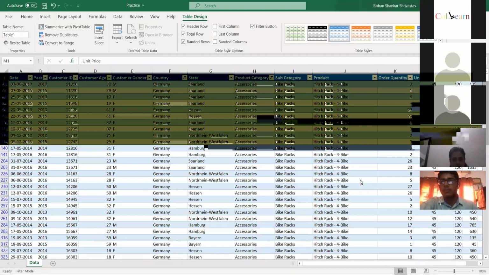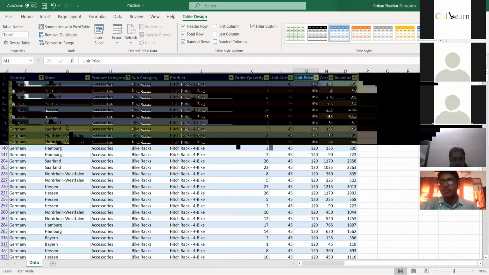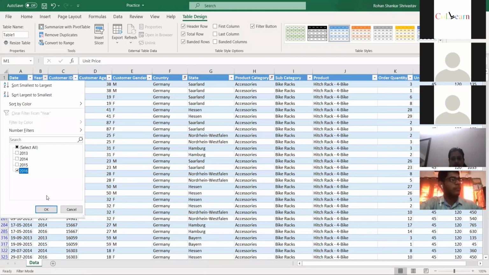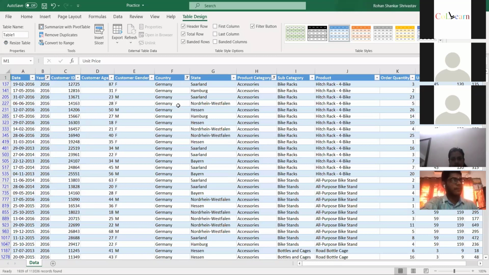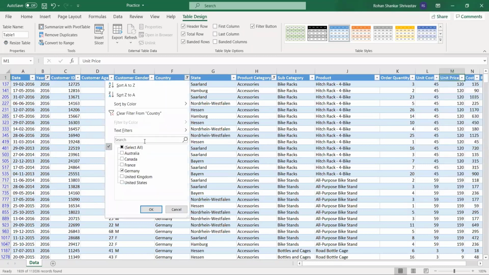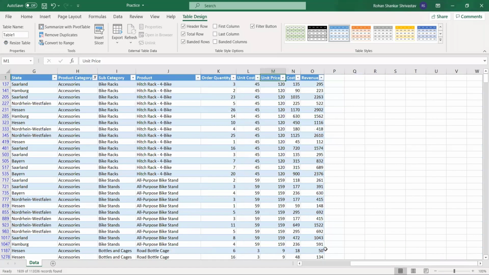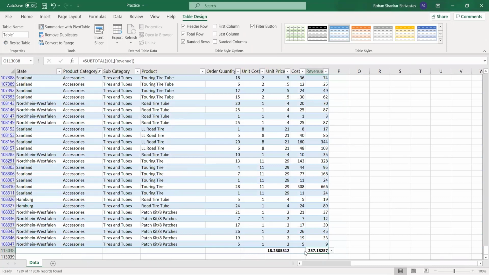Total accessories cost that we incurred in, let's say, the year 2016. So I'll just go to 2016. I'll filter it. I have Germany here already. So I already have a filter of Germany here, and I have accessories here. So I can just go down and select the cost, and I can just do a basic sum.